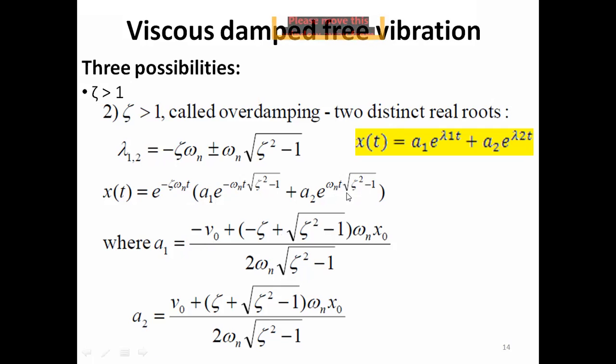Again, if we look at the equation here, in order to see whether vibration would take place in this case or not, you see no sine function in the equation, no cos function in the equation, no iota in the powers of the exponential function. So here you see that this is an exponential decaying function because we have a negative sign here. Again, here we have an exponential decaying function. Here we have an exponential increasing function because there is a positive sign.